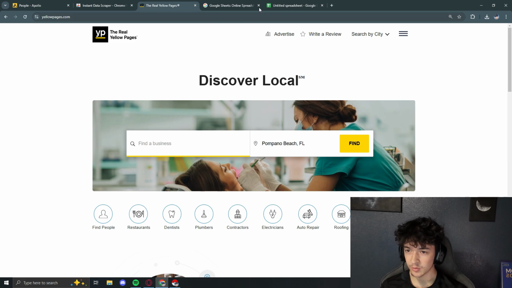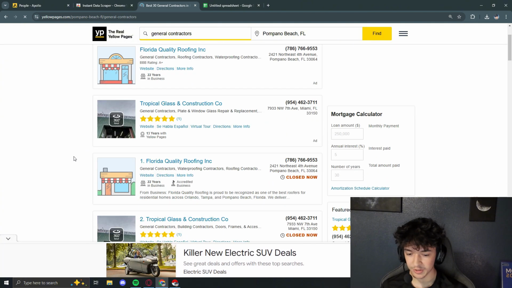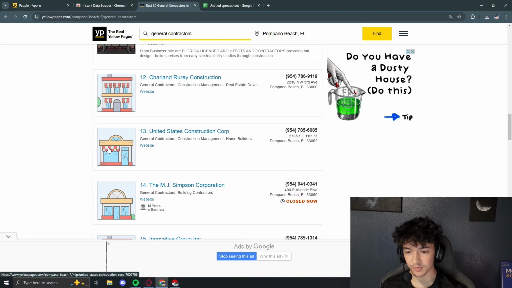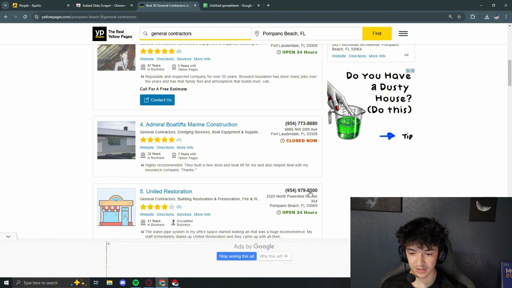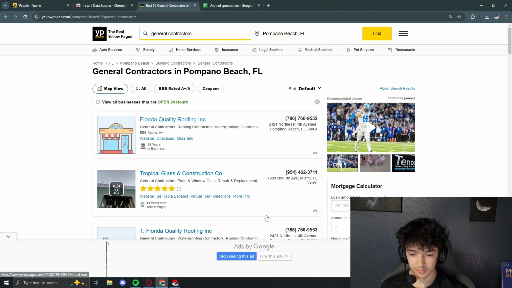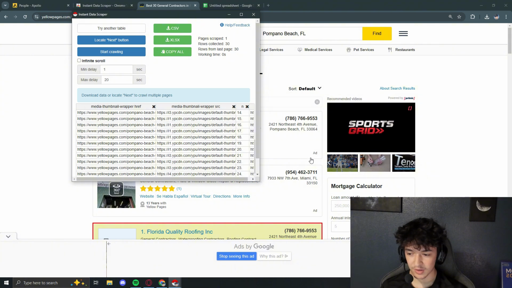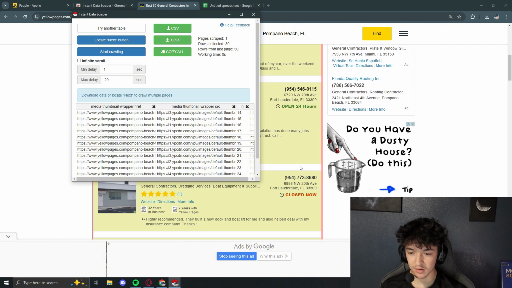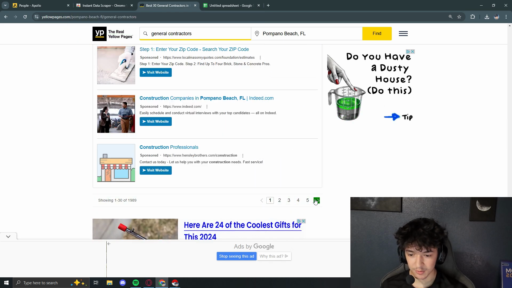You can go ahead and go to yellowpages.com, and you can search for anyone you want in your area. So let's look for contractors in Florida. It brings up a list of like all of the contractors in Florida with the phone number, location, everything you need. If you want to go visit in person and talk to them in person, this can be super valuable as well. So, you know, same thing, you just open up Instant Data Scraper, and it even blocks out the ads at the beginning, but it's already got the businesses in the scraper, and then all you have to do is hit locate next button, which is this next arrow,